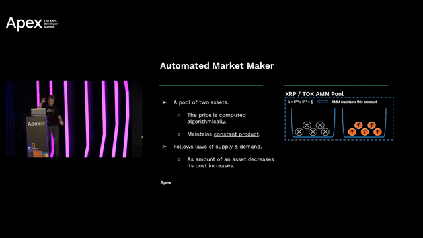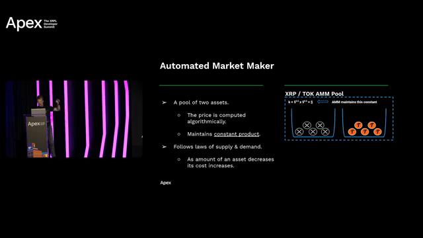So it means that no matter how the balances of the two assets change, the constant has to be, well, constant. So this allows the AMM to simulate laws of supply and demand. So as the amount of one token in the pool increases, it gets cheaper,